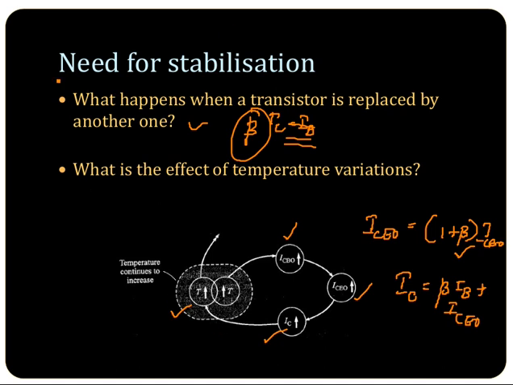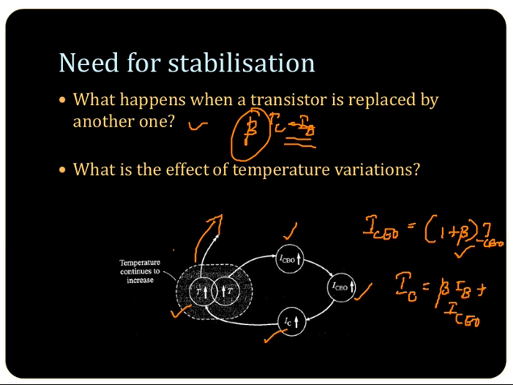And if IC goes to saturation, then what will happen? The excess heat produced at the junction may even burn the transistor. Such a situation is known as thermal runaway. So this transistor may go to thermal runaway. That also has to be avoided. So the effect of temperature variation should not affect the Q point.